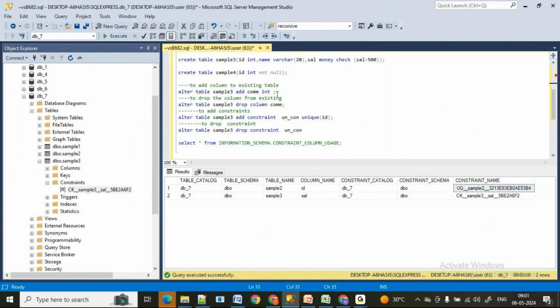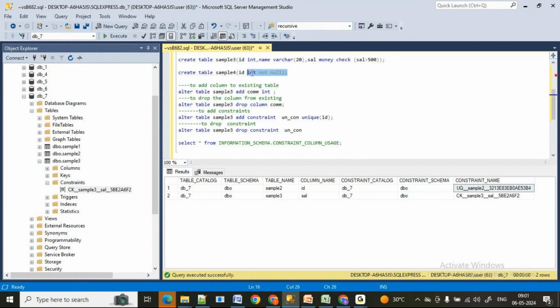But see here, not null is a constraint that you are not supposed to add at column level directly. Directly you cannot add a not null constraint. What we have to do for that? I will prove that also.